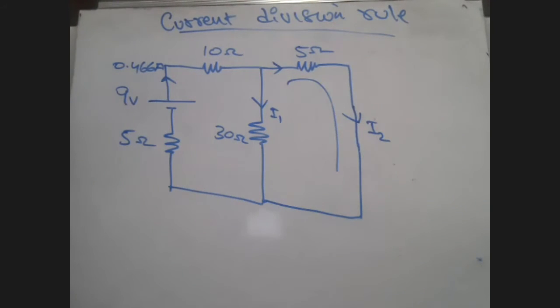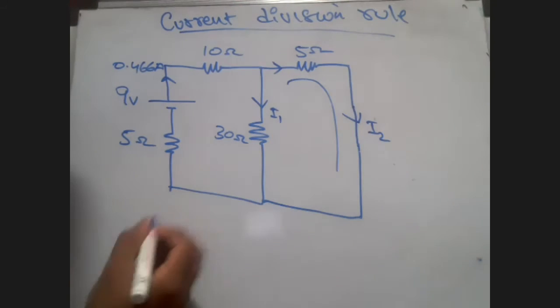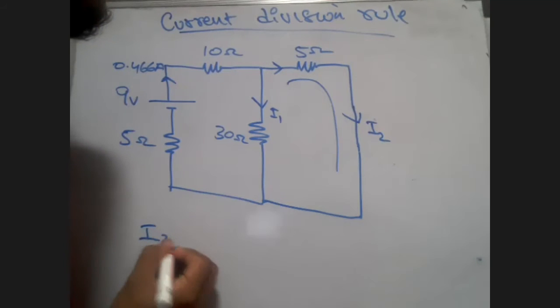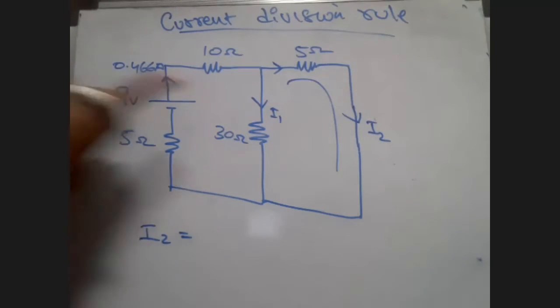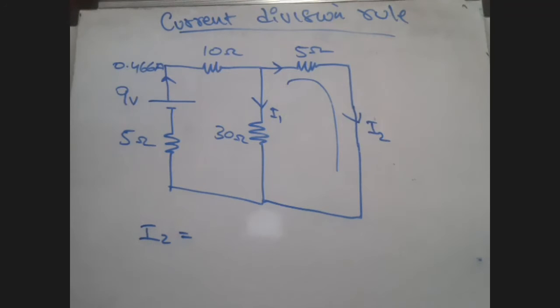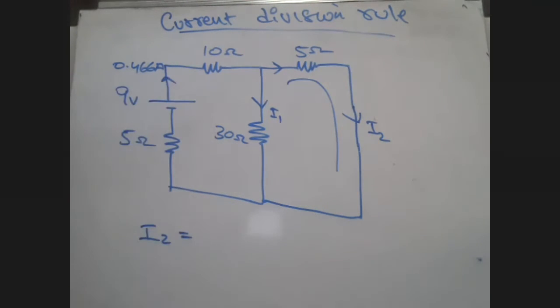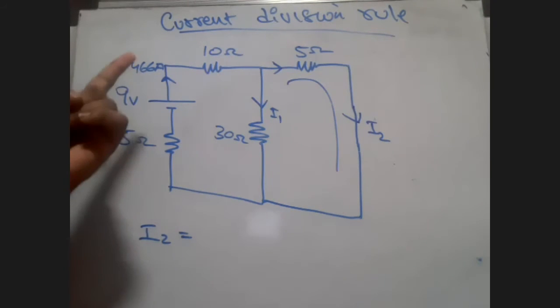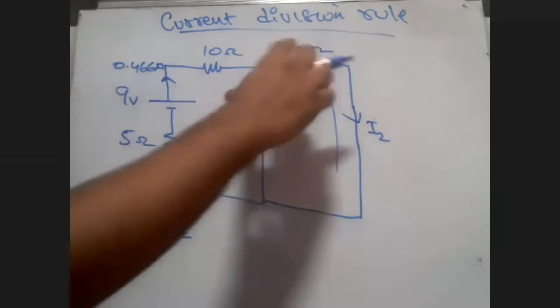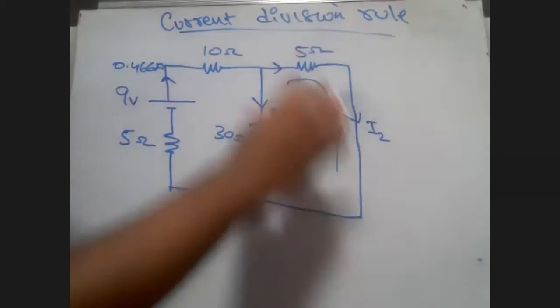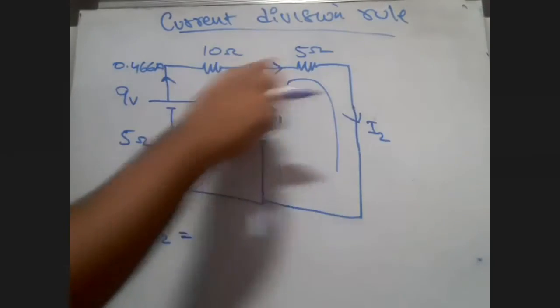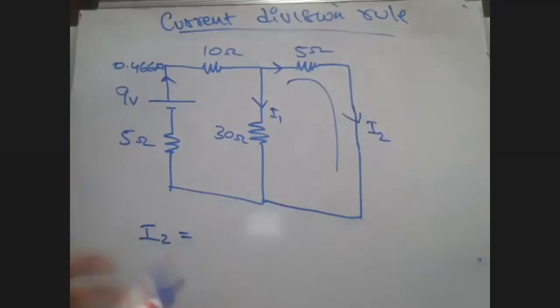Now look here, the concept lies here. I2 will be the total current entering. If you are looking at a very big circuit, that could be any other current also. It not necessarily needs to be the total current from the battery. Any current that is coming to two resistors like this, which is being distributed to the two resistors you are considering, in that manner you can find the current through the branch.